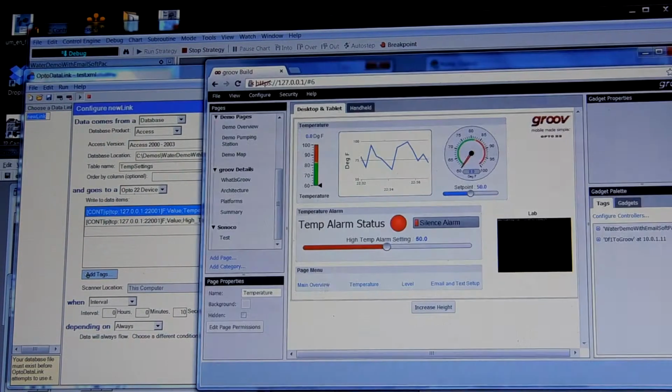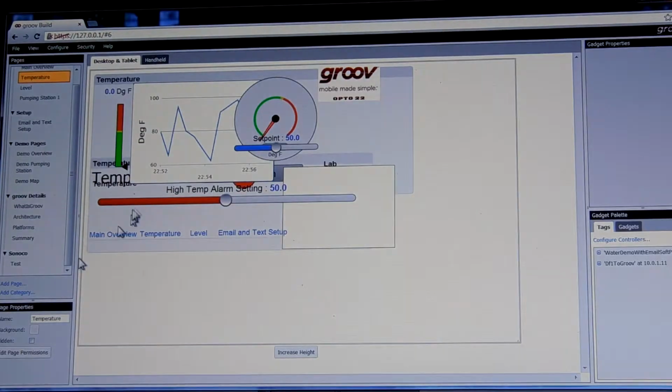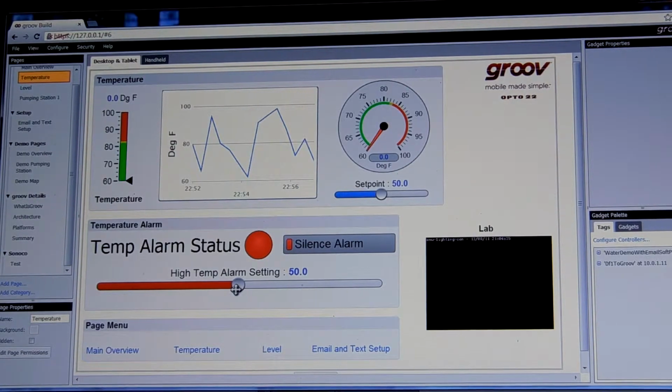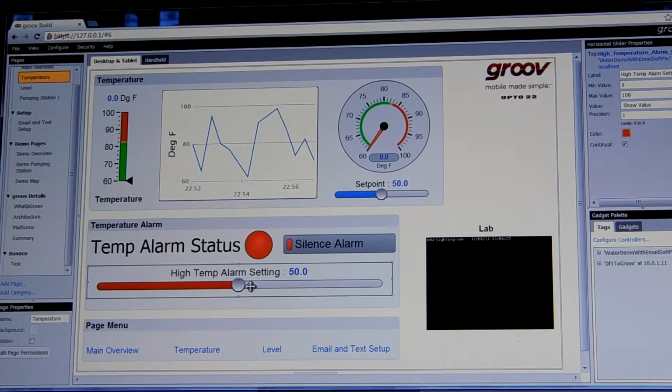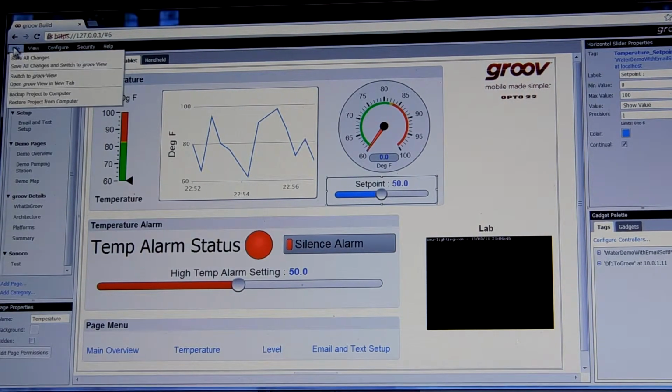Now we want to go into our Groove, and we're going to build here, and that's okay. I've got a couple connections here with horizontal sliders. This one's high temperature alarm set point. This one is my temperature set point. Let's go into Groove view,